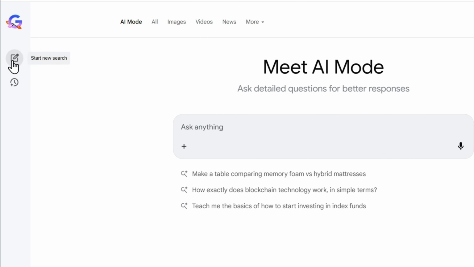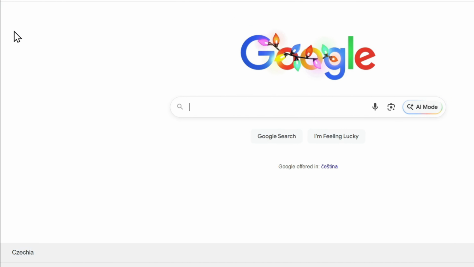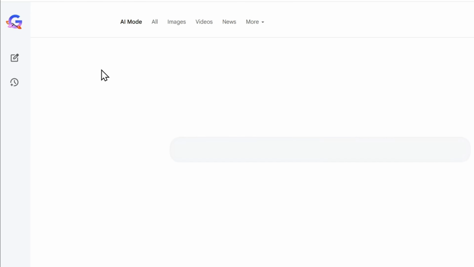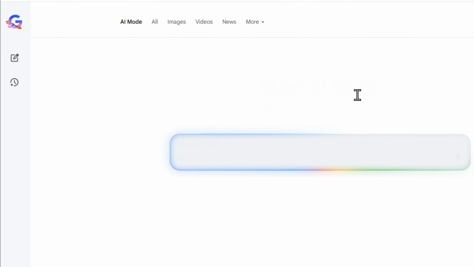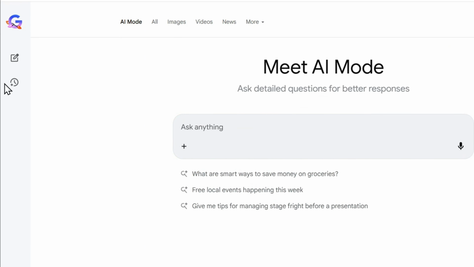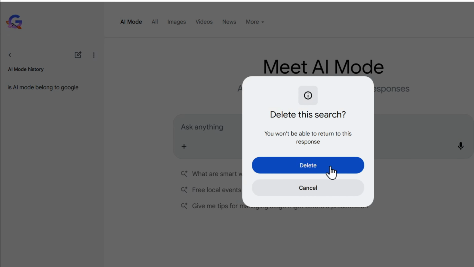On the left hand side as well, you have the home button. So you can always go back home to Google if you need to. You have the new chat button right here. So you can always create new chats if you're in different chats. Then you have the AI history. This is where you'll be able to find your history here. And if you want to even create new chats from here, you can do it as well. If you want to remove certain chats as well, you can do it as well. So you can click the three dots and you can even share or delete the chat